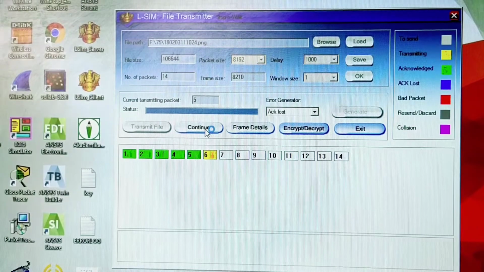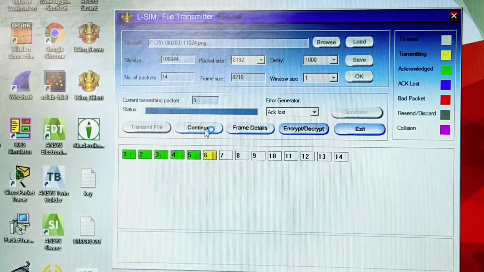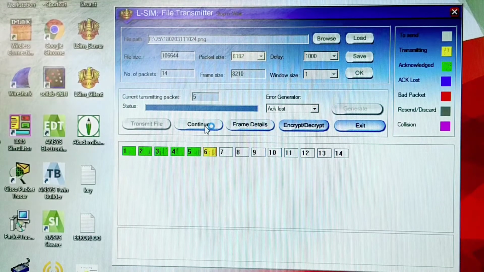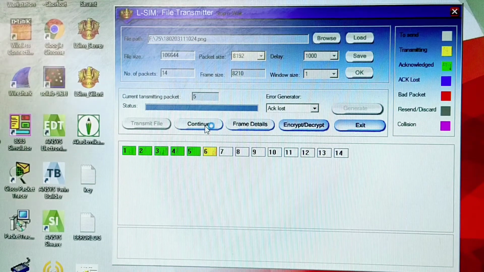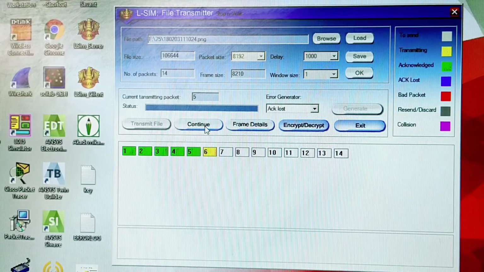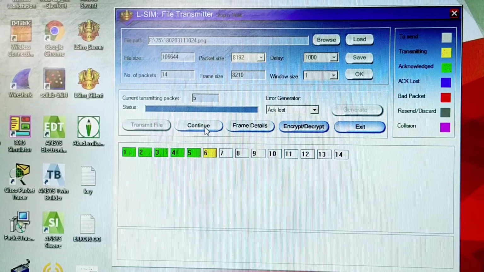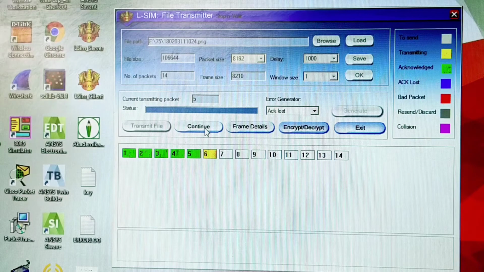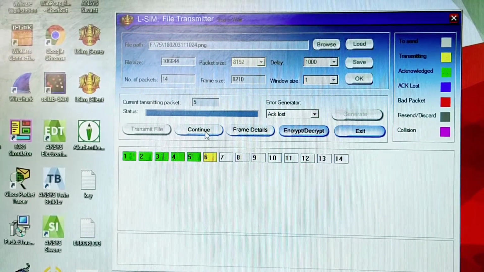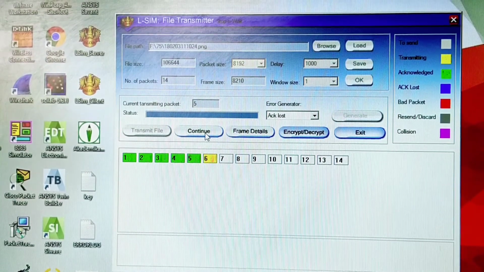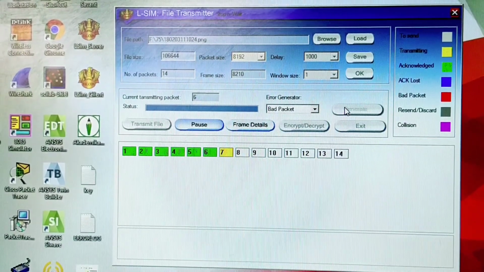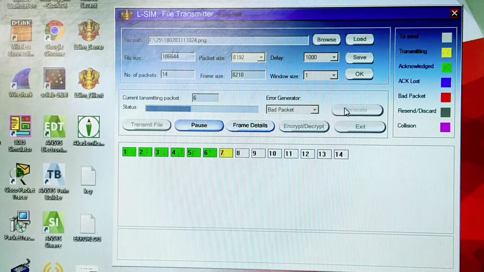If it is successful, then it will go ahead with the next frame number. Also, as we can see, during the data transfer only one frame is sent, one is received, and only after it is acknowledged is it sending second, third and so on. So it is like stop and wait for the next frame to send, right? But the next frame is sent after receiving an acknowledgement of the previous one. Let us try to introduce one more type of error, that is bad packet.